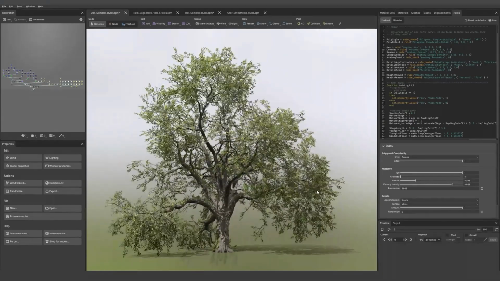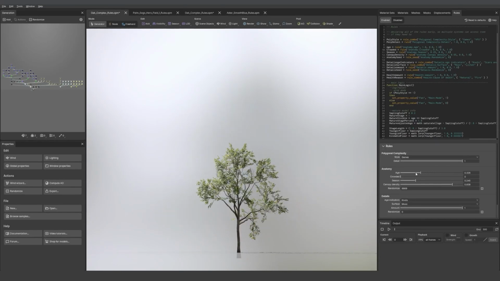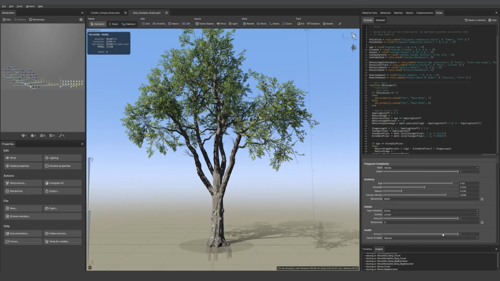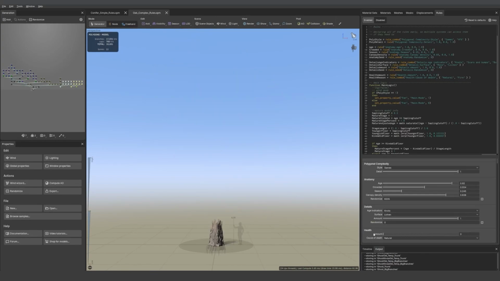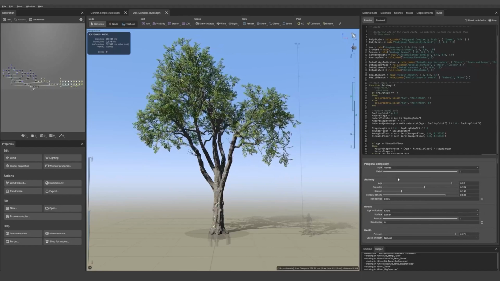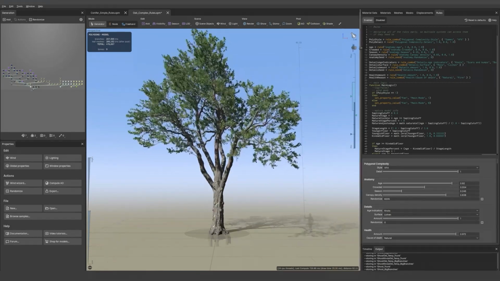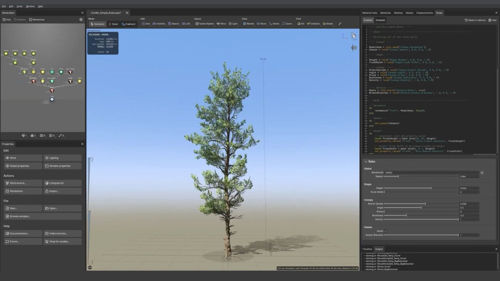This model switches generators, allowing us to grow from a sapling to a full-grown tree, from a field model to a forest one, healthy to dead, and these are just a few of the examples of what you'll find out in the rules section. You can also swap from a games model to a VFX one, but this is very complex. If you take a look at the script, it's extensive, it's kind of complicated, there's a lot of things going on. So for today, we'll come back to the conifer sample and create something that is more in that range